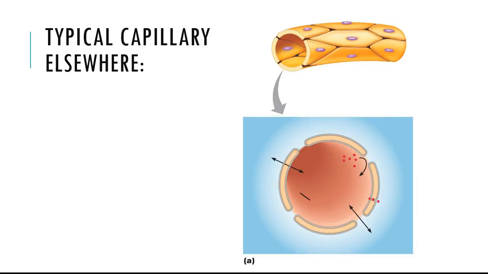If we contrast a capillary to the rest of the body, what is different here? So we're looking at some capillary, we can still see our endothelial cells. What looks different here? No astrocytes. There's no astrocytes, so we're not in the brain. What else is absent? Well, there are endothelial cells. They're still there. No tight junctions. Notice how the endothelial cells are arranged with one another?